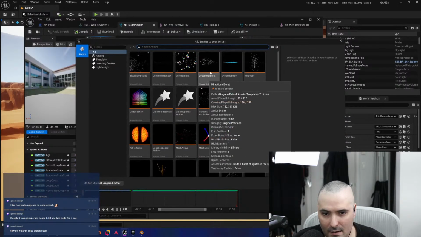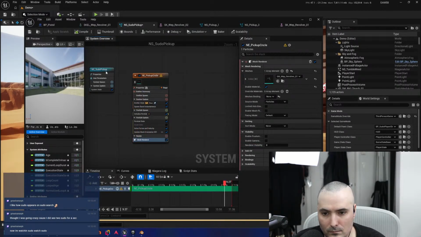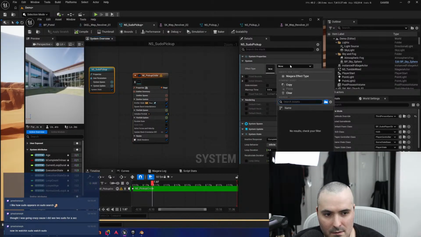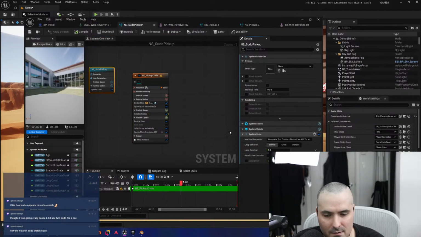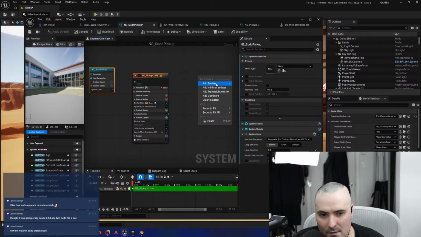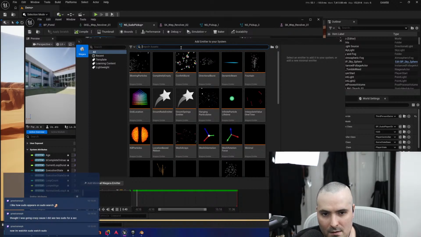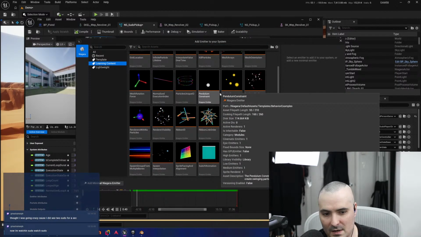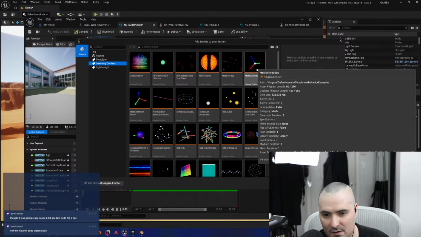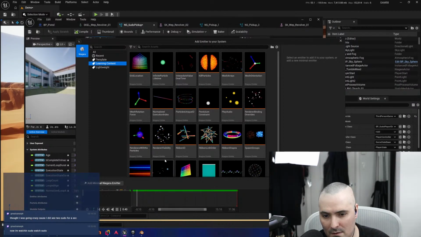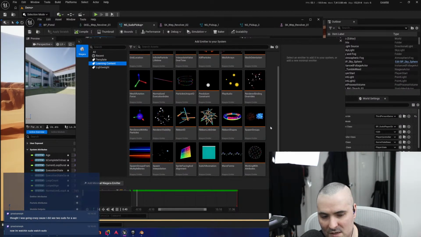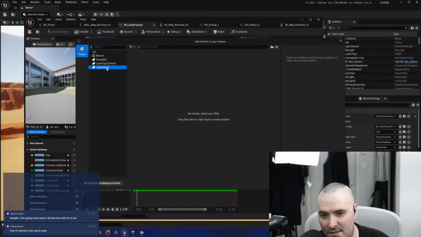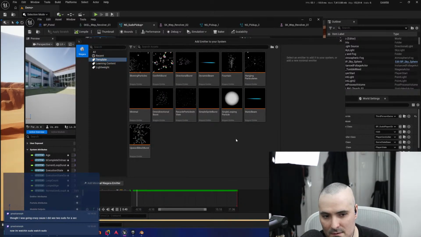Okay, so here's my emitter, right? I want a simple emitter. Just a very simple, really, really simple emitter that just takes care of just spinning a singular piece here, right?